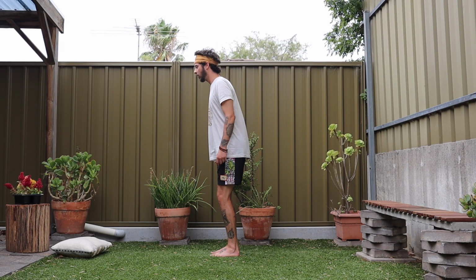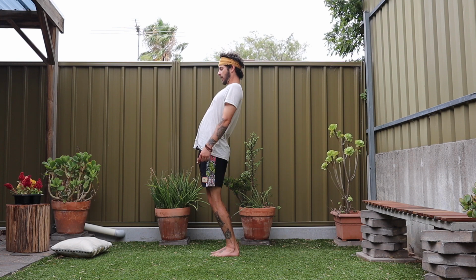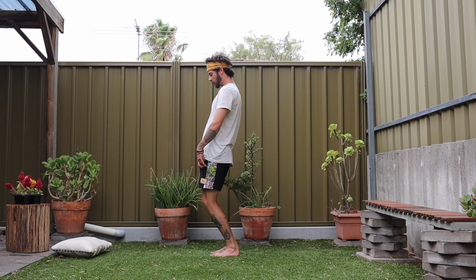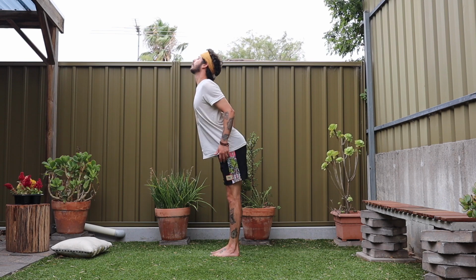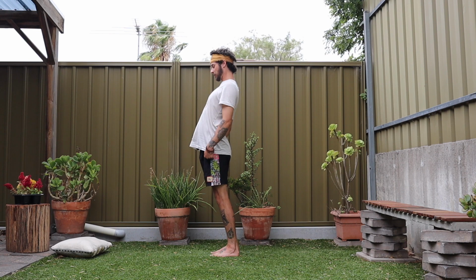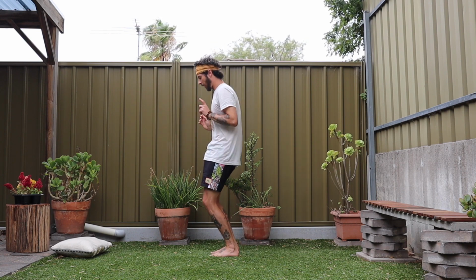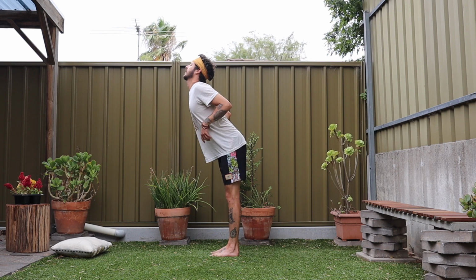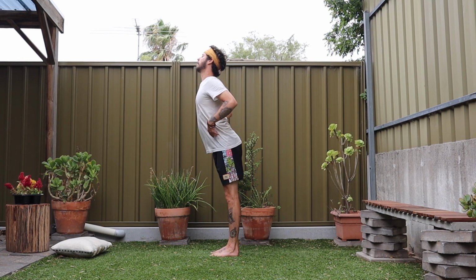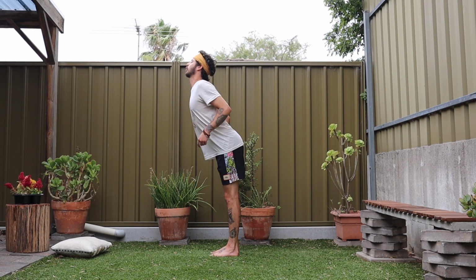Start to put it together. Nose, chin, chest, hips, knees. Maybe it starts to move a little more fluidly. Nose, chin, chest, hips, knees. And then you'll find you're rolling through the spine. You're working flexion and extension through the whole spine by just moving these parts of your body forward towards the wall,